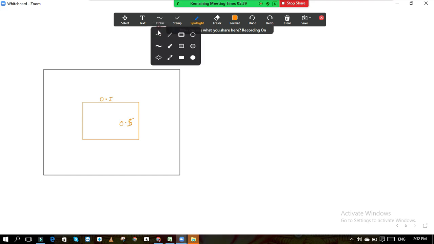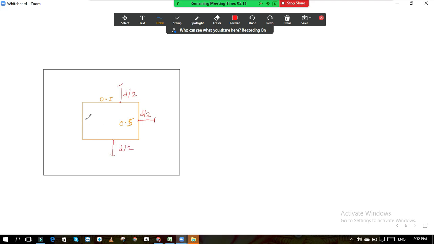So if you take the section at a distance of d by 2 at every end. From this end, if I take a length equal to d by 2, where d is the effective depth of the footing. From this side again up to this, this is also d by 2. From this side, if you again go a distance of d by 2, from this side also the same thing is there, d by 2. Now if I join all these points,